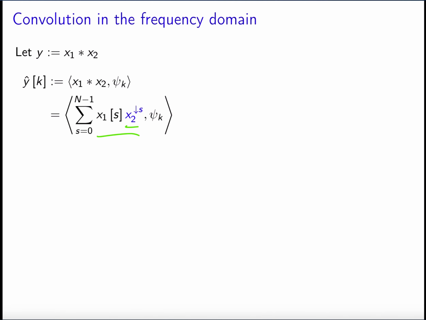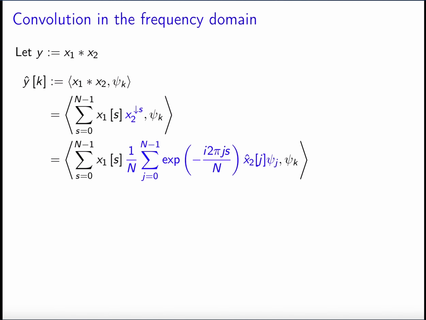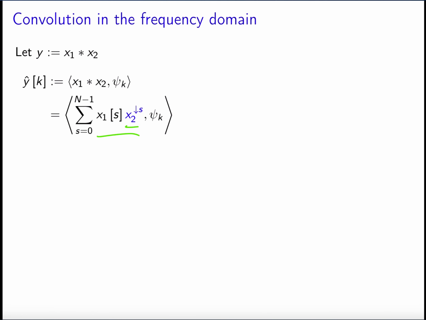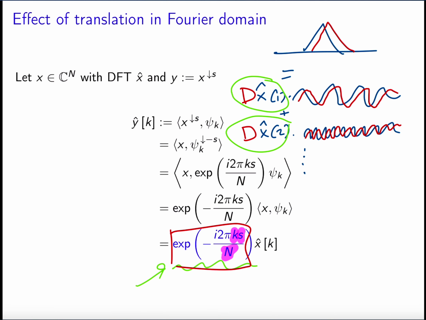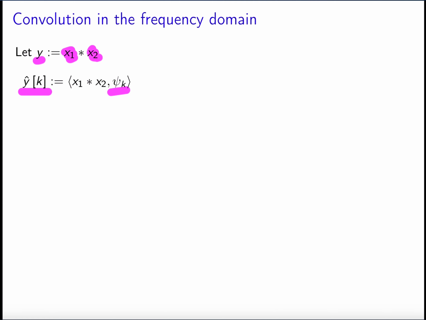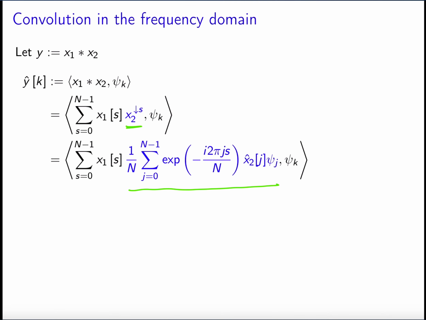So now we're going to express this shifted signal in terms of its DFT components. Okay, so this is exactly what I was doing before in this picture here, where basically I'm saying you can actually express this as the Fourier coefficient of the shifted signal times the corresponding